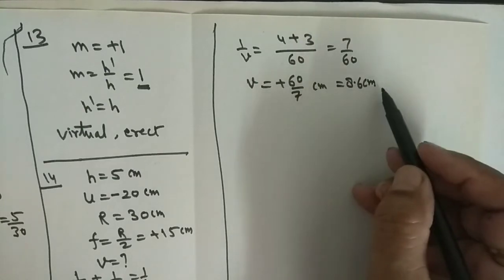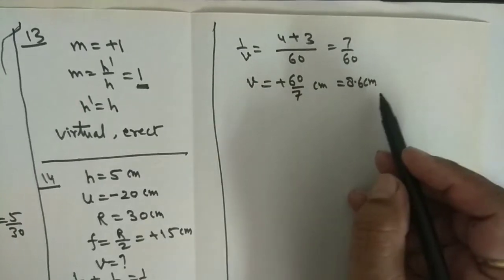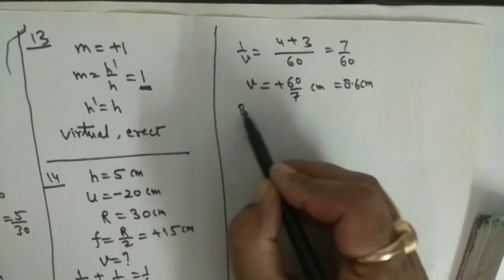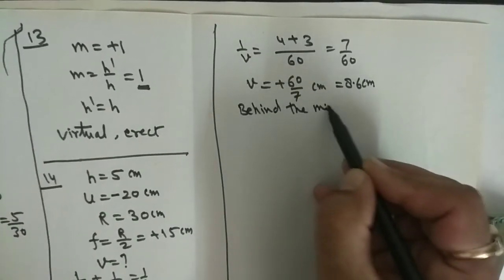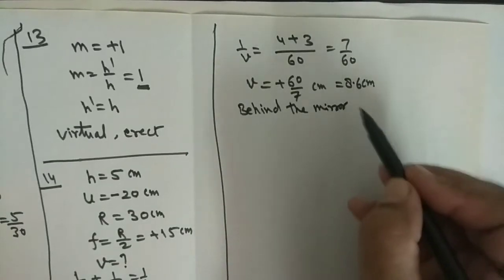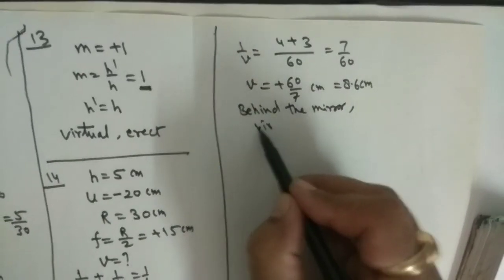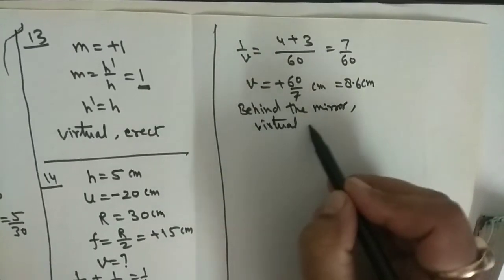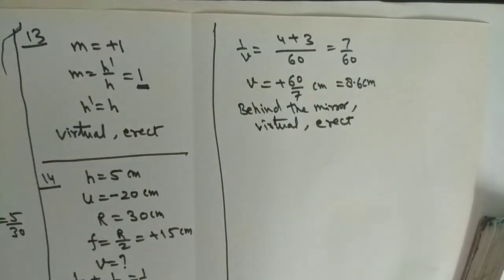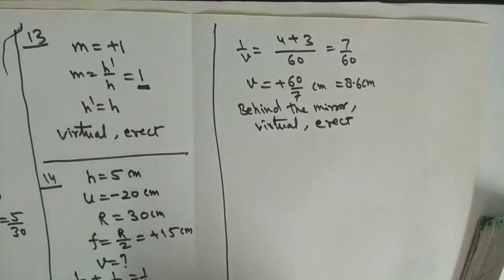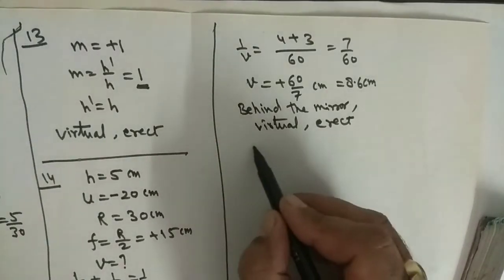Obviously it is the virtual image formed by the convex mirror. It is behind the mirror, understood. So you can say it is always behind the mirror and virtual, also erect. Now to find the size of the image, use the formula of the magnification, which is given by